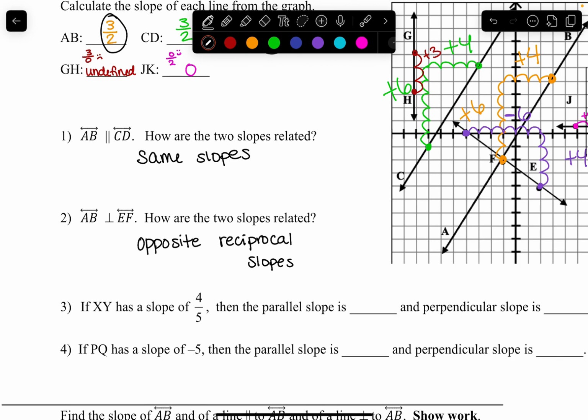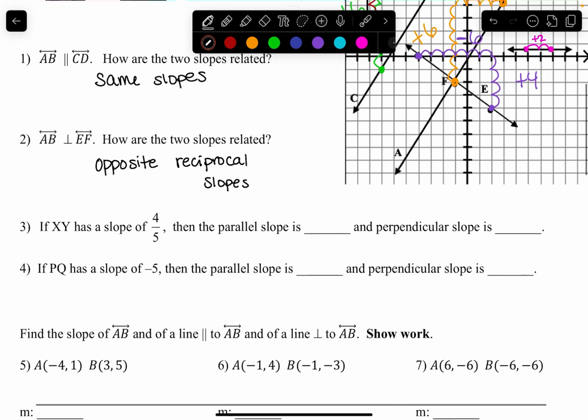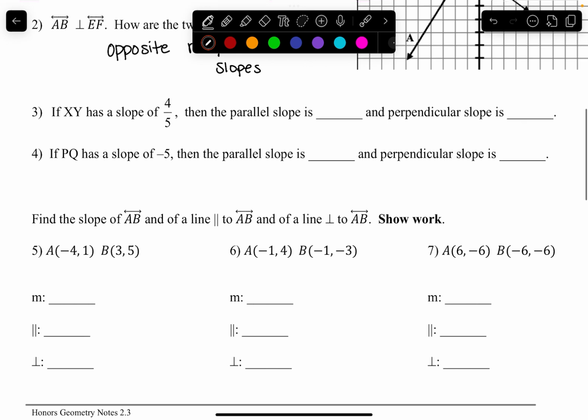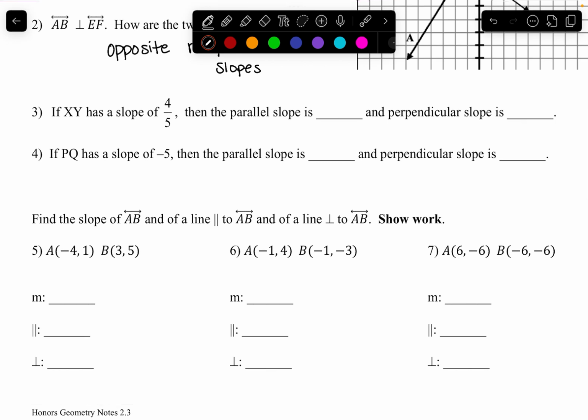All right. Now, we aren't going to use the image above for these next two. It says if XY has a slope of 4/5, then we want the parallel slope and the perpendicular slope. So when you have a parallel slope, we just said that parallel slopes are the same. So if it has a slope of 4/5, then the parallel slope will also be 4/5. The perpendicular slope has to be an opposite reciprocal. Right now, my slope is positive. So for it to be opposite, it's going to be negative. And then it was a slope of 4/5, so we're going to have to reciprocate that, and that will be